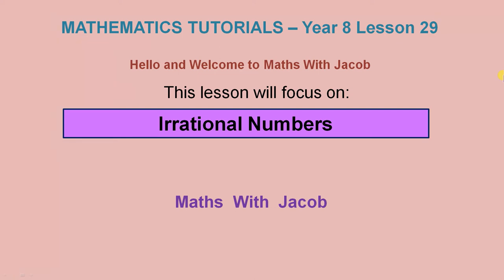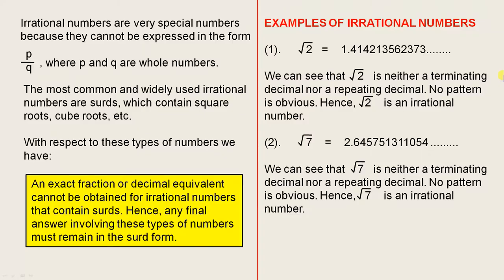This lesson will focus on irrational numbers. Irrational numbers are very special numbers because they cannot be expressed in the form P over Q, where P and Q are whole numbers. The most common and widely used irrational numbers are surds, which contain square roots, cube roots,